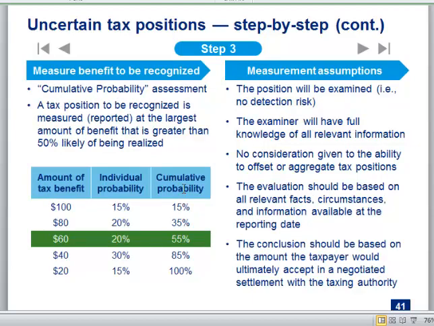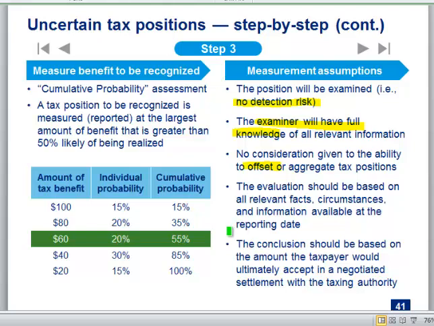So if you pass the recognition test, then you get on to measurement. Okay? And like I mentioned before, measurement is you basically saying, okay, you basically concluded that you're going to win from a technical perspective. But now, you have to assume, again, you're going to be audited. The auditor has knowledge. You can't horse trade. But, okay, and so this is where things differ.